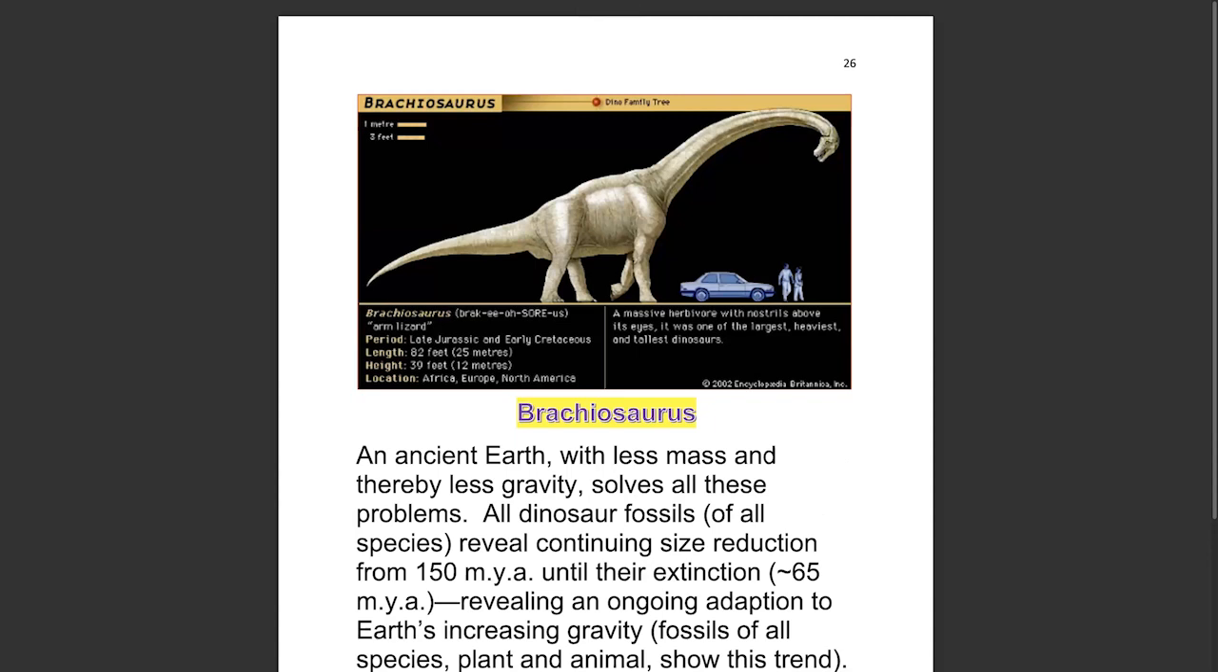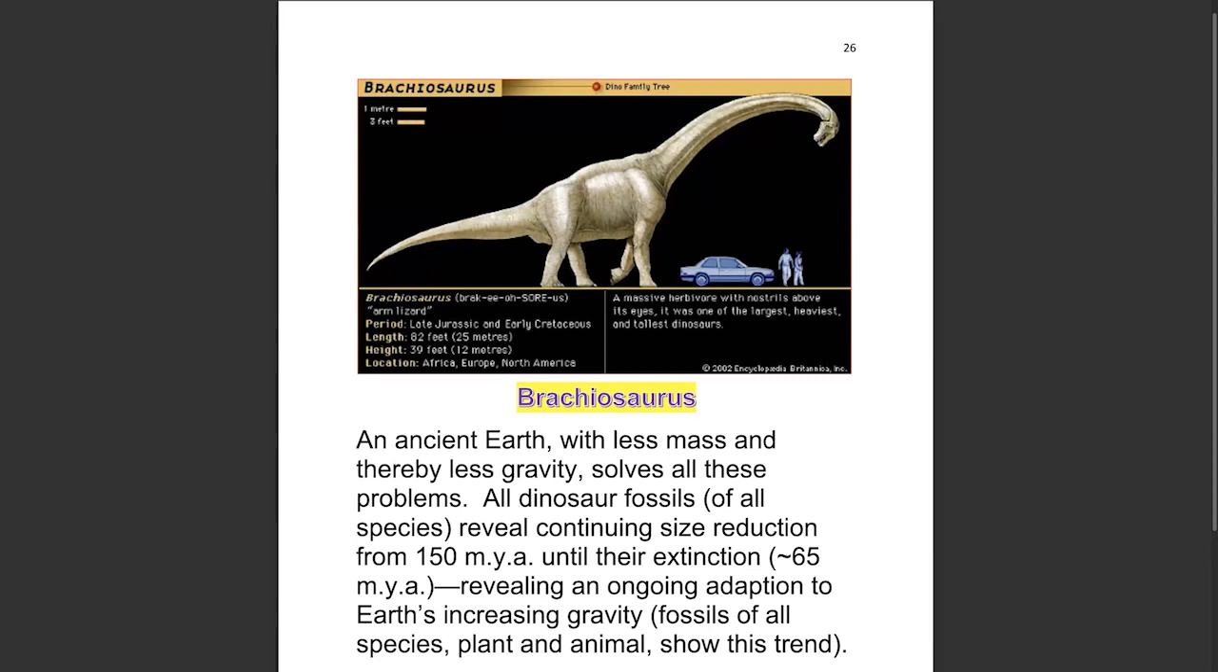So there's a lot of problems with the giant dinosaurs. This is a big problem. Look at the size of this puppy here. That's a big critter. Ancient Earth mass with less mass, thereby less gravity, solves all those problems. All dinosaur fossils of all species reveal continuing size reduction from 150 million years ago until their extinction on the